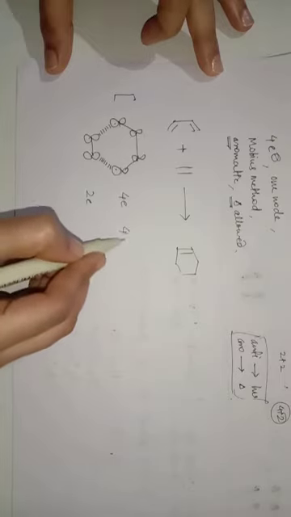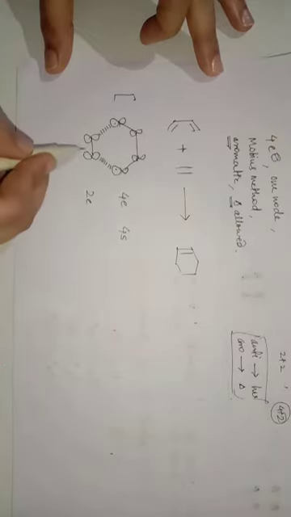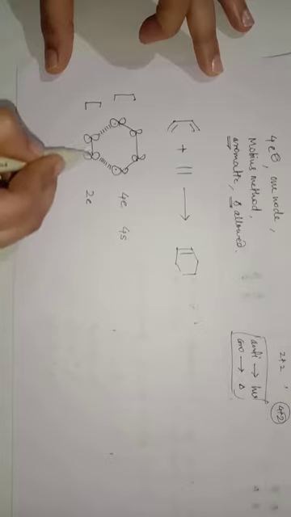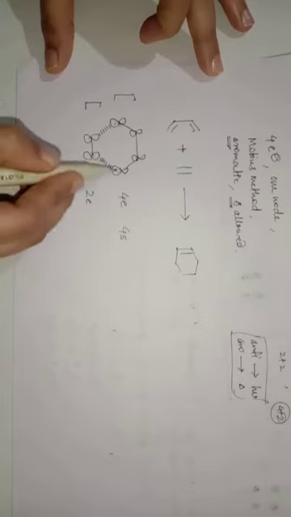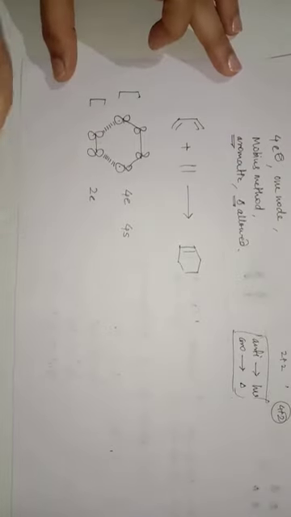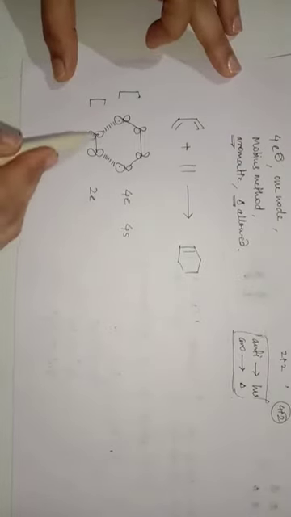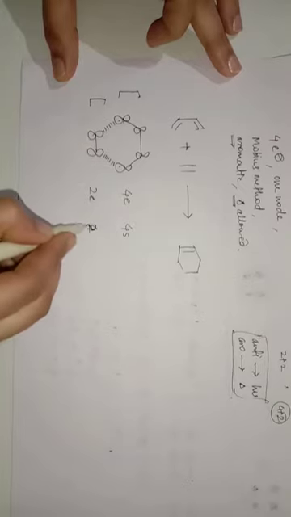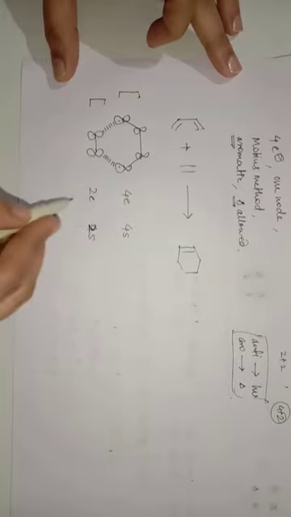So it is a 4s system. And in case of this ethylene molecule, this 2 electron system, both orbitals are making a bond by upward. If I cut this ethylene molecule horizontally, these upper lobes are making a bond, right? So this is also 2s. It is a 2s system. So totally you can call it a 4s plus 2s. So it is a suprafacial addition.